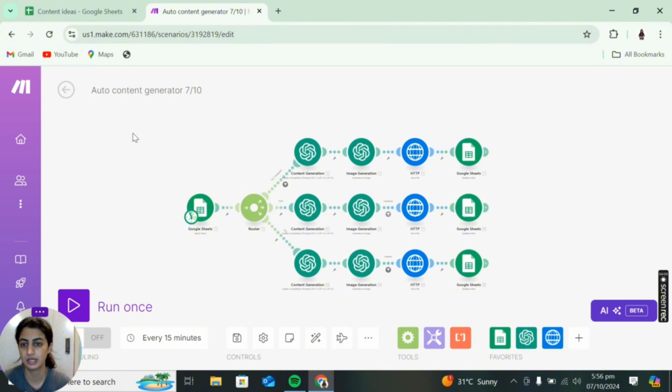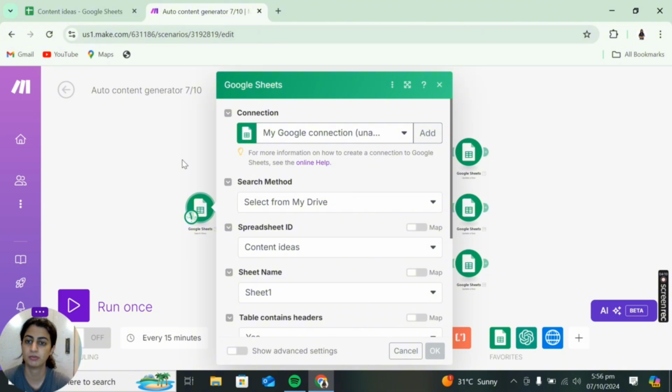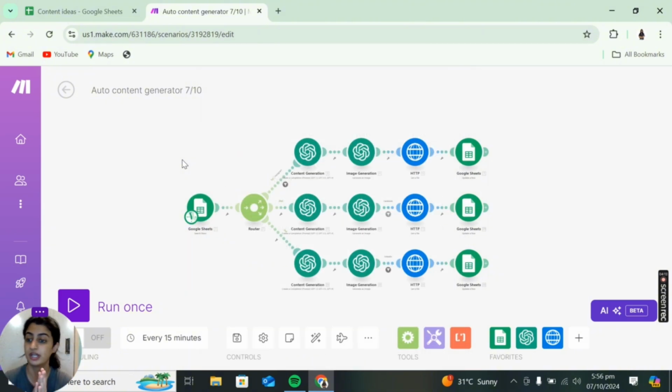and takes most of the load off your mind. And another thing that I would do is that apart from posting content, coming up with content ideas is also like a big problem. So I would add another Google Sheet module before this one, where I would have maybe 100 or 150 ideas of what I'm going to post for the next few days.